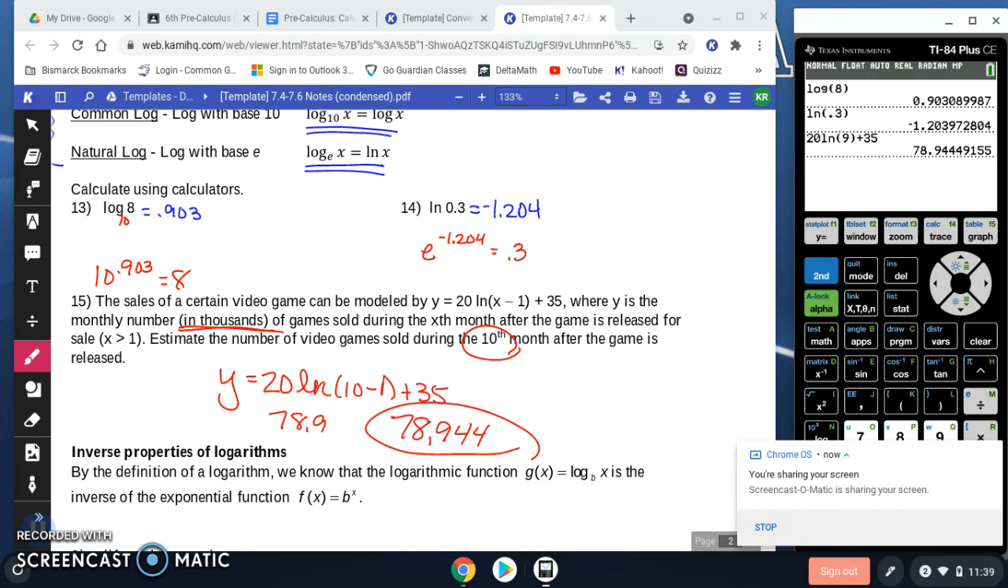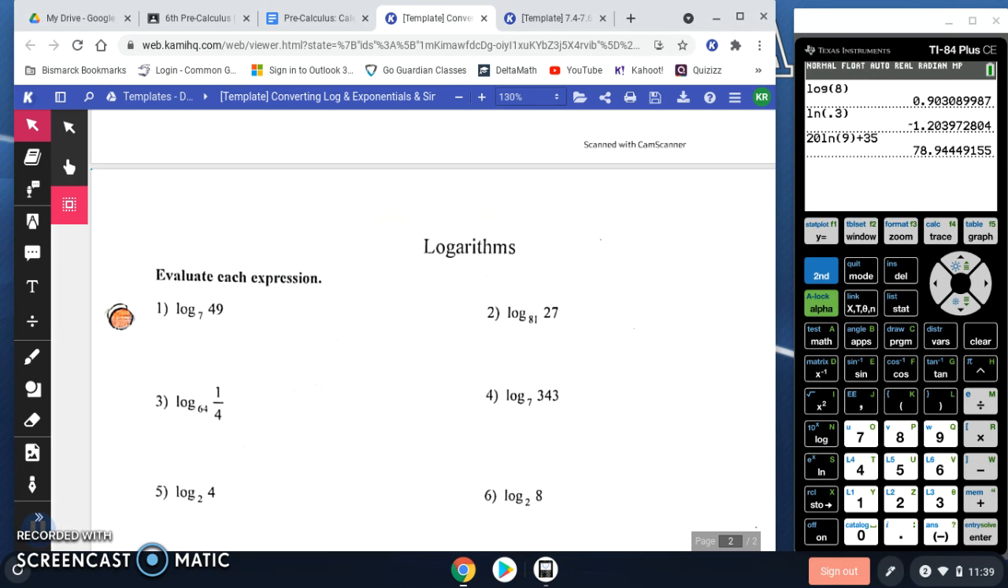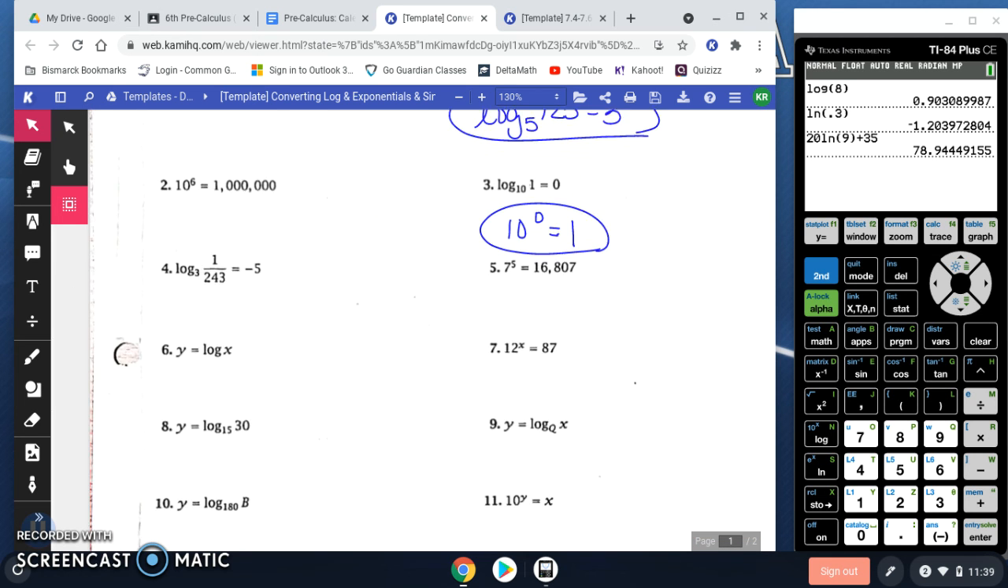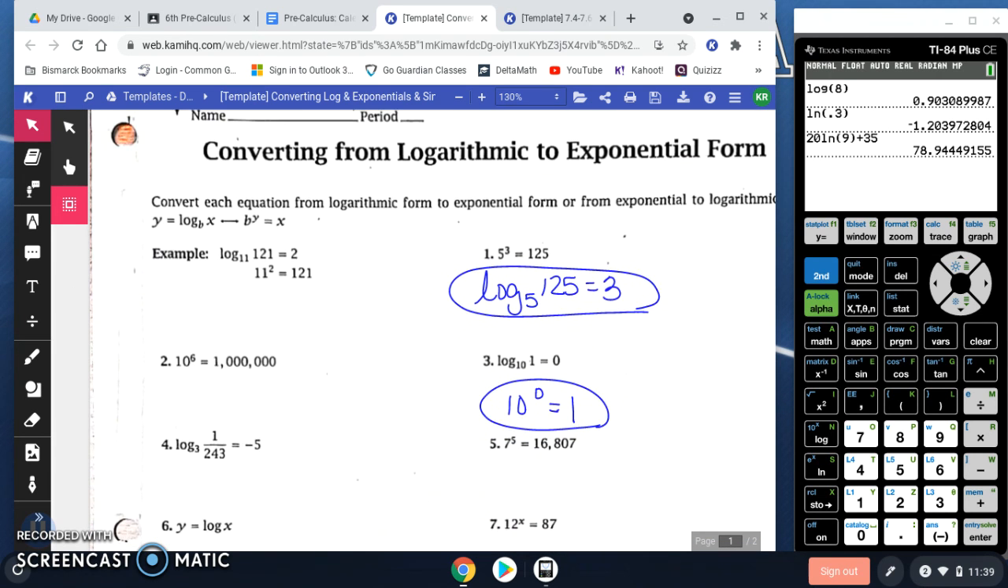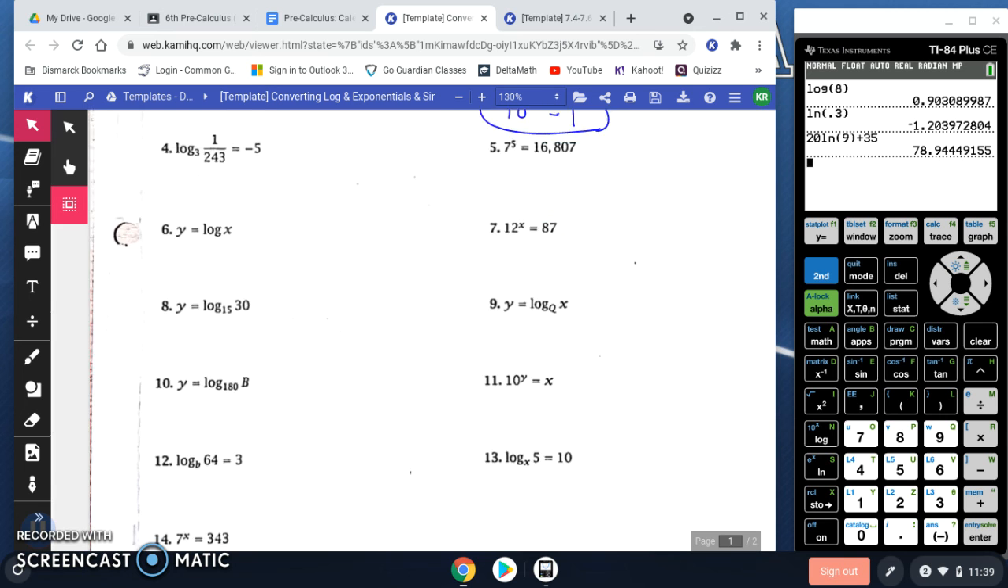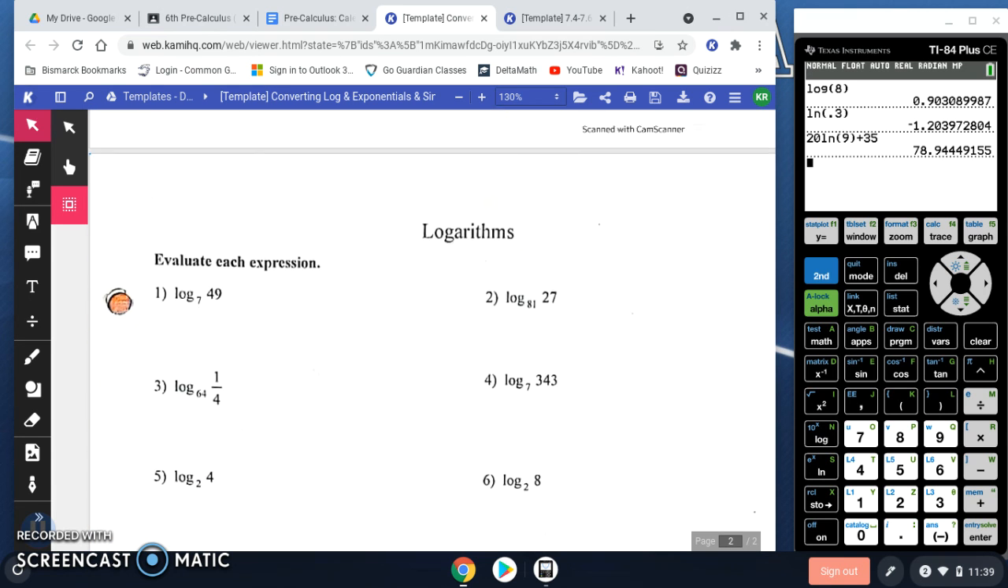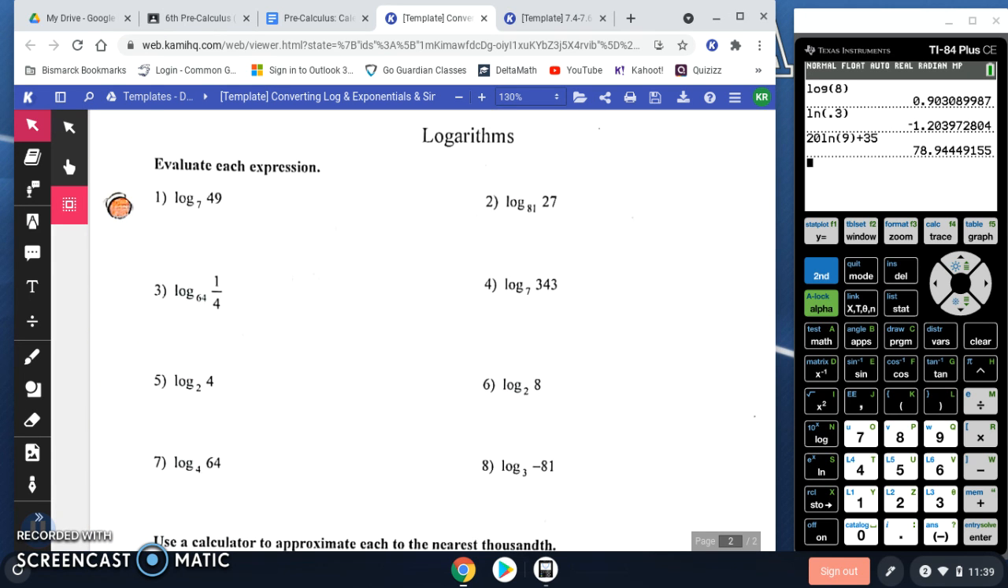Okay, let me show you your homework real quick. A couple of comments I want to make on it. The first page here is just rewriting. If it's an exponential equation, you're going to rewrite it as a logarithm. If it's a logarithm equation, you're going to write it as an exponential. So this first page, that's all you're doing. You're just practicing converting from one form to another. Okay, then on the second page, you're going to evaluate. So here, you might want